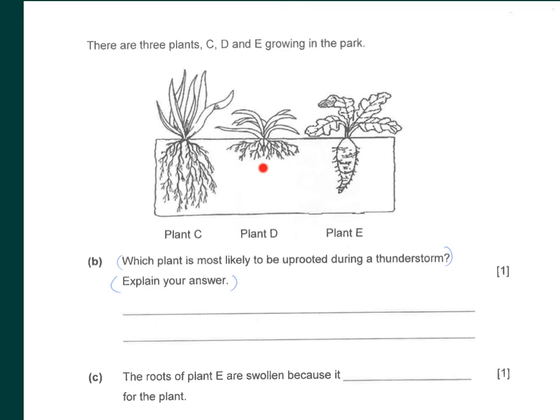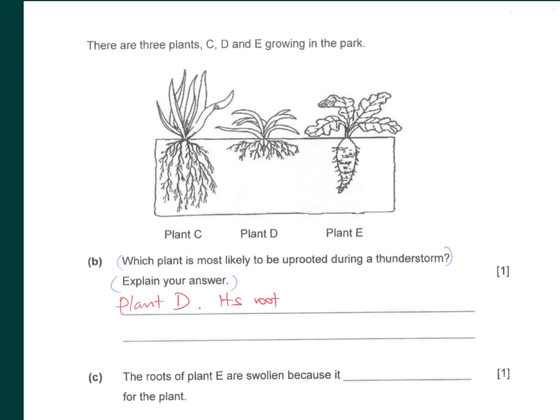So the one here that we can see, plant D, is the one that is most shallow, right? The root doesn't go deep. So this is the one that is likely. So the answer in this case is plant D. This is because its roots